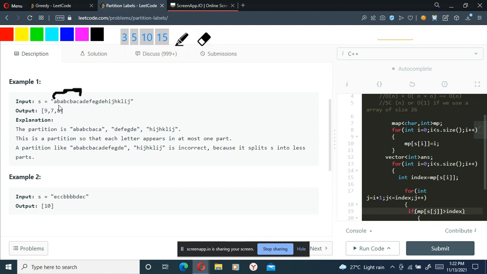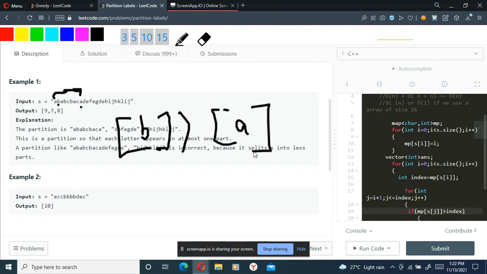If there is a new character, check if that new character's index exceeds the value of my previous character's index, that is A. So if B's index exceeds the index of A, then my new index value will be equal to B. Otherwise, it will remain the same and it would be A.